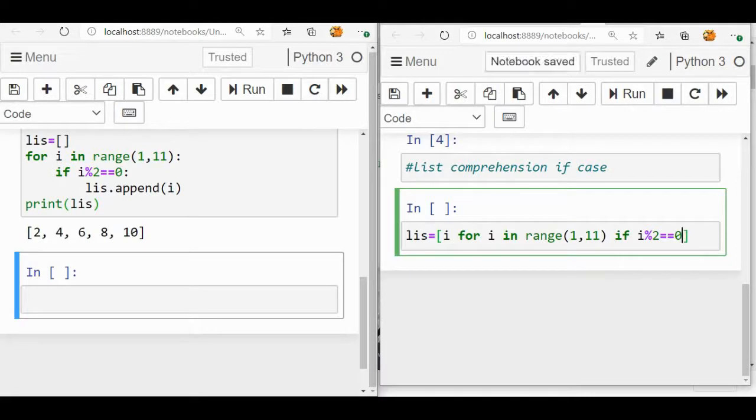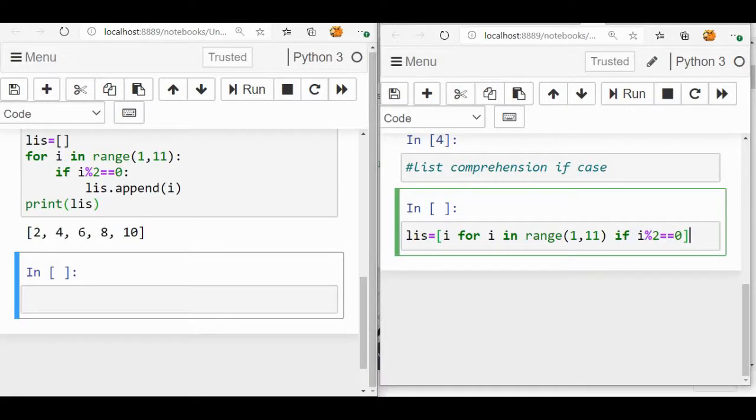So this is the case where the variable we are going to append in the list should be in the range 1 to 11, that means 1 to 10, and it is divisible by 2. So that's the case I'm specifying.